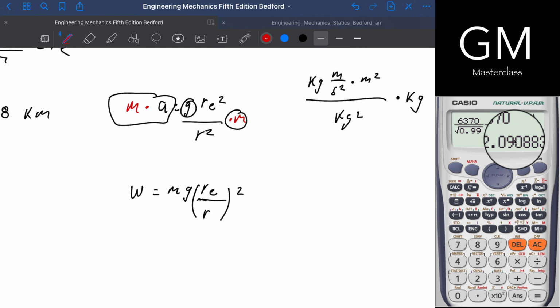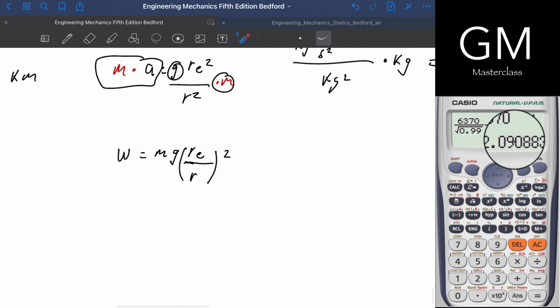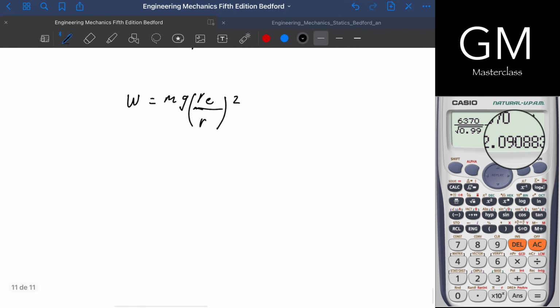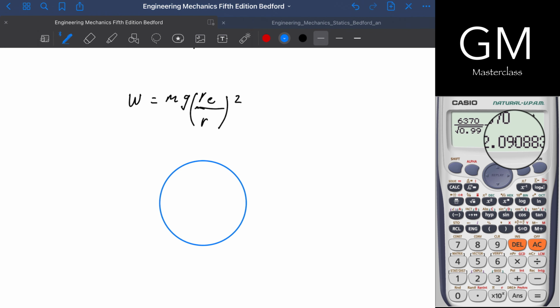Remember, this is the distance from the center of the Earth to the particle, and it could be applied to a particle that is not on the surface. It could be applied to a particle that is above it. So particle P, center of the Earth. Right here I have RE,